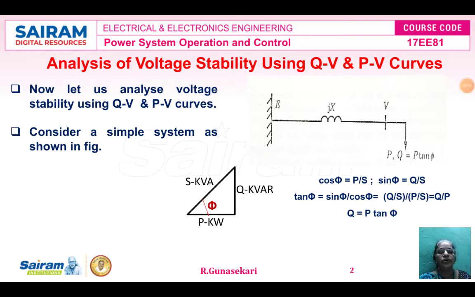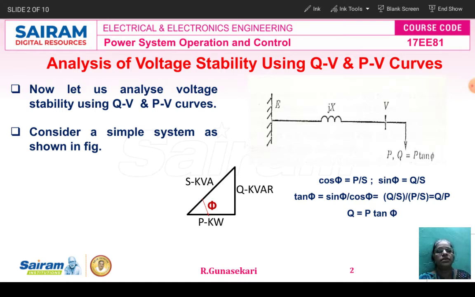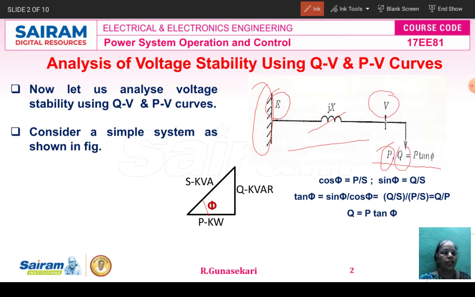Students, now we have to consider the sample system. The system is represented in the diagram. This is the sample system, a power system connected to an infinite bus. The capital E represents the sending end voltage. The capital V is the receiving end voltage, and jX is the reactance of the transmission line. Then the load is P, where P is the real power and Q is the reactive power.